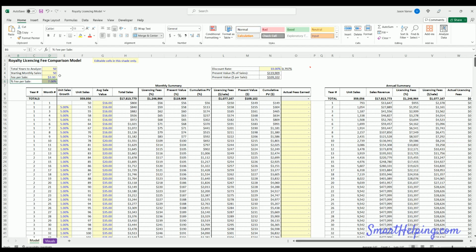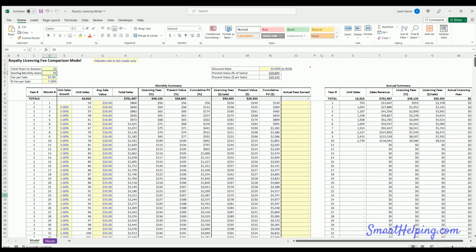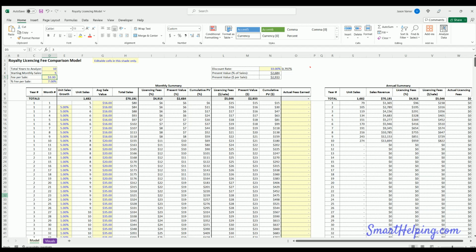Well, you also want to see just in general what the potential present value of either of these would be in and of itself, but this model goes a step further in comparing the two, as well as you'll be able to compare actuals when you actually start earning the licensing fee and see what that looks like compared to the forecast. So let's say we want to analyze a 10-year licensing fee contract. Starting sales, 5 sales per month. And we want to do,